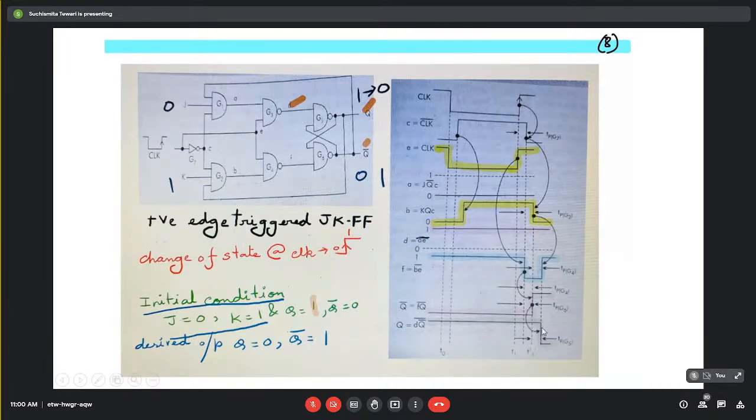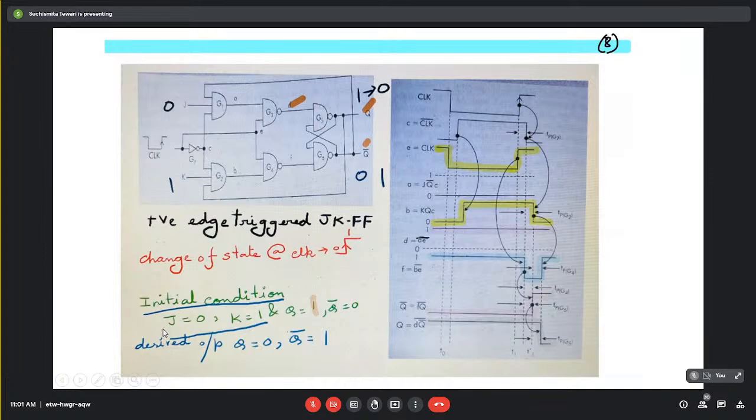And why is this gap coming? This gap is coming because it has to suffer through a number of gate delays. So the total number of gate delays here is 3. You see, here one gate, here another gate, here another gate. So this is the rising edge or the positive edge, and after suffering this amount of delay, the effect of this edge is reflecting at this point of time. So we have proved that this JK flip-flop is behaving like a positive edge triggered flip-flop for these given